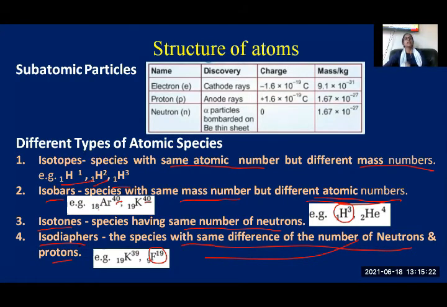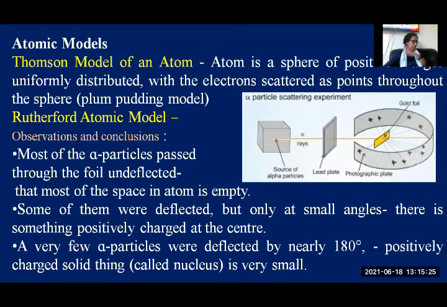Clear? Yes. And later we have discussed about the atomic models. So various scientists, they tried to explain the structure of atom, right. First Dalton explained and said the atom is indestructible. After that, later the experiments revealed that no, it has subatomic particles in it. So based on that, few other scientists also tried to explain the structure of atom. So one of the first attempts was made by Thomson, and he has given his model as Thomson's model